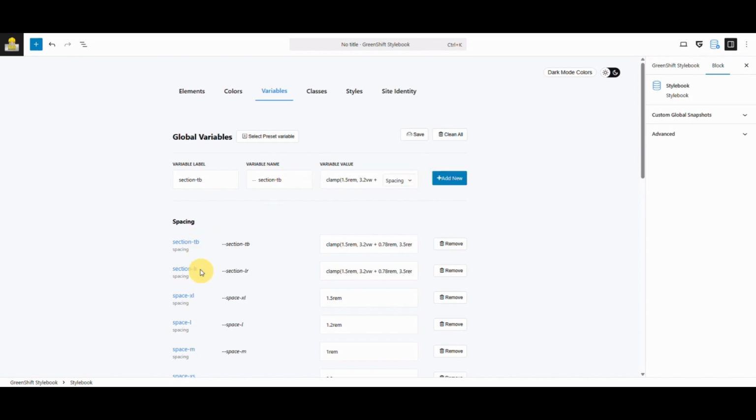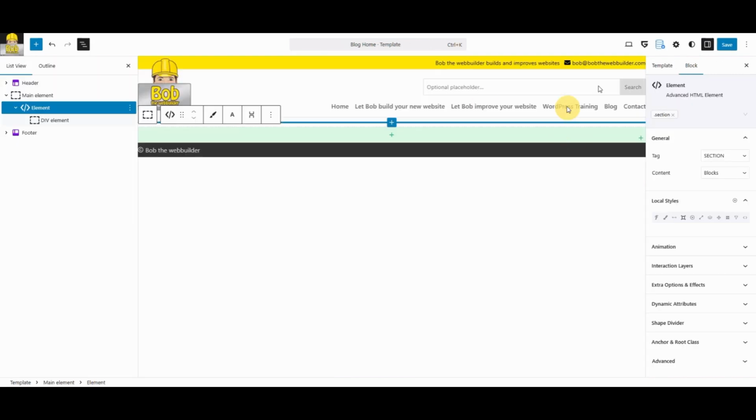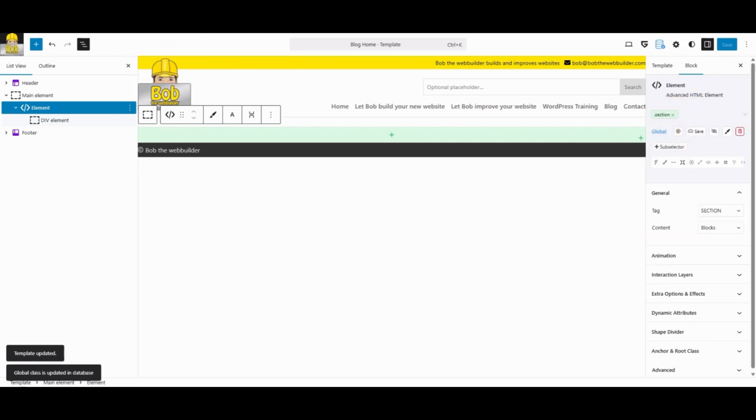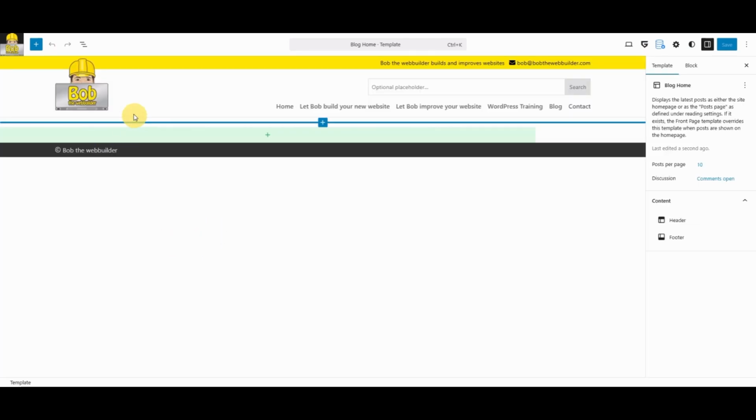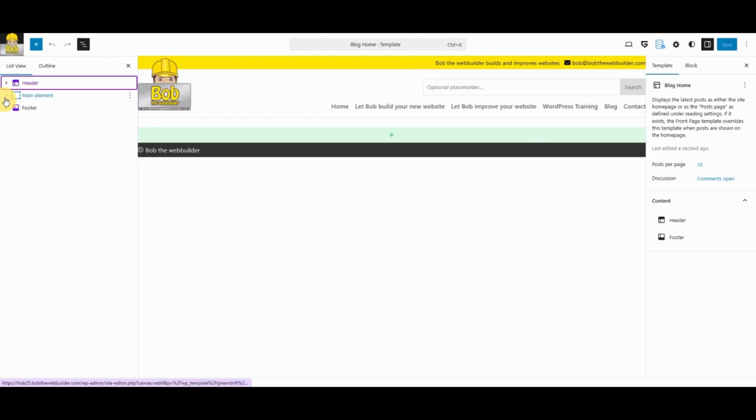Okay, so we have section top bottom, section left right. Let's save this and let's go back to our template. Let's save this as well. Let's save the class and let's refresh, so we're going to load the new values. All right, so we have our main element, we have our section element,